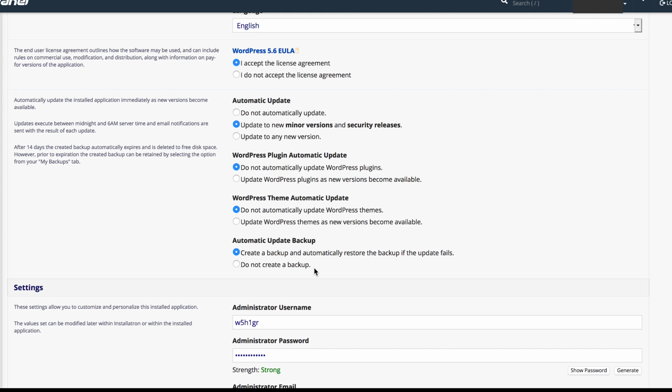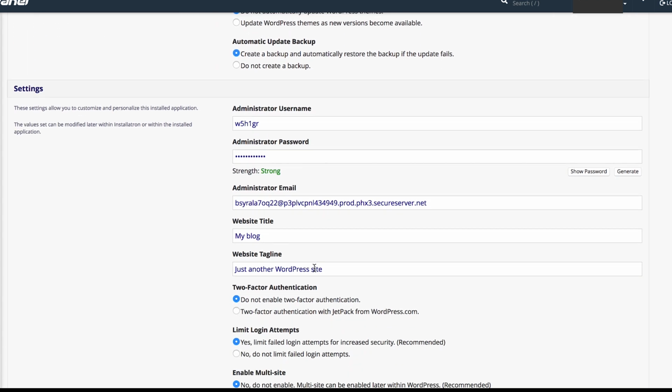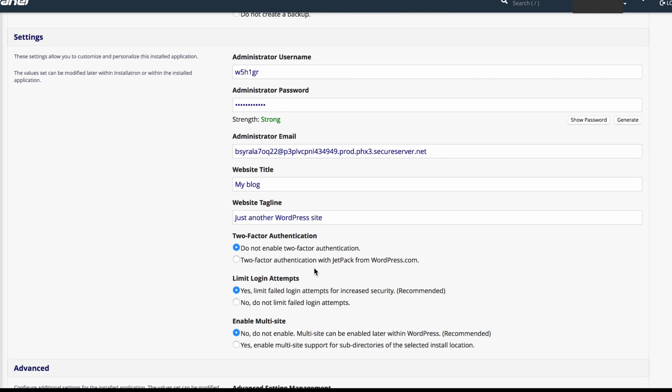So with these settings, I typically try not to mess with them. Speaking of settings, let's go to the administrator username setting and password. This is what you're going to use to log into your website through WordPress. And this is something that you want to be able to remember, because this is going to be extremely important. So I'm going to go ahead and update my information, and that way I'm able to take care of everything I need to take care of as the admin of this website.